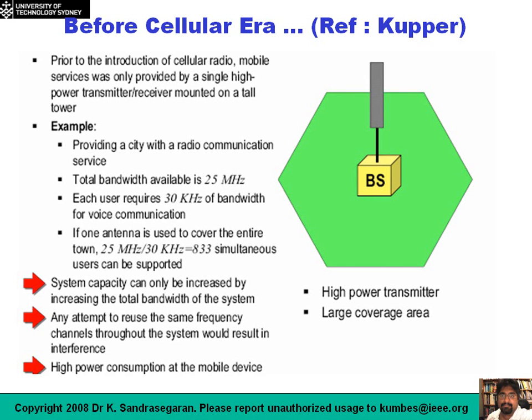So now let's see what happened before the concept of cellular systems. Imagine we have a situation where we've only got this single base station, and the antenna is on top of a large tower, and you have a high transmit power on this antenna, and you're able to achieve a large coverage area. Okay, now maybe in a large city, if you have a system like this,